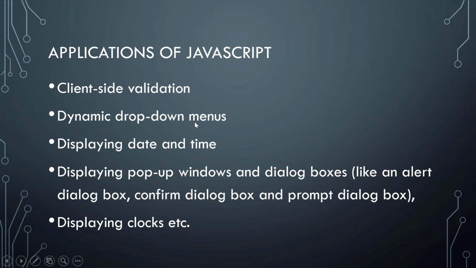Coming to dynamic drop-down menus, where we use JavaScript again. Dynamic drop-down menus mean menus that appear when you right click on a website, whatever menus you want to design. Or you have some menu, and when you click on it, it should give a drop-down. Again when you click on some other menu, the first menu should be minimized and the second menu should be maximized. Like that you can write some code to make it dynamic.